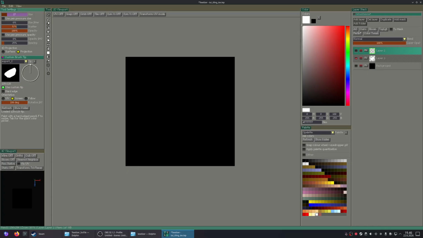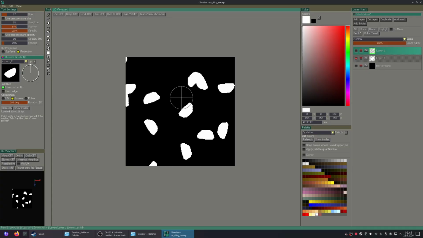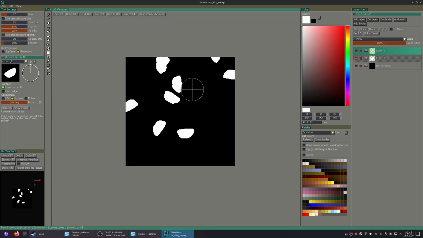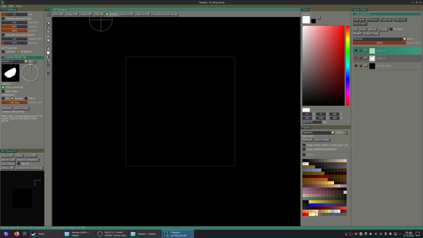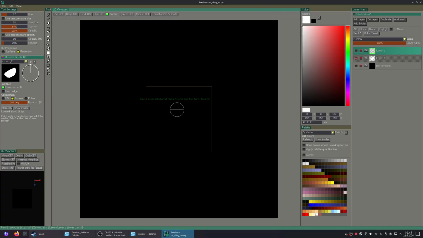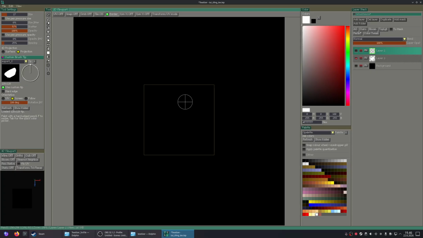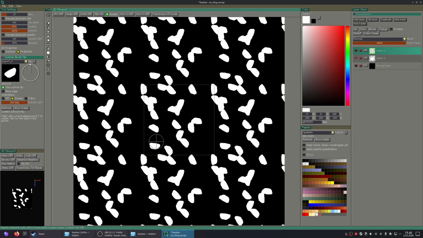Let's see. Now is a good time to turn on tiling. So now we have a 3x3 tiling thing. And what this mode also does, as you can see, is wrap around.